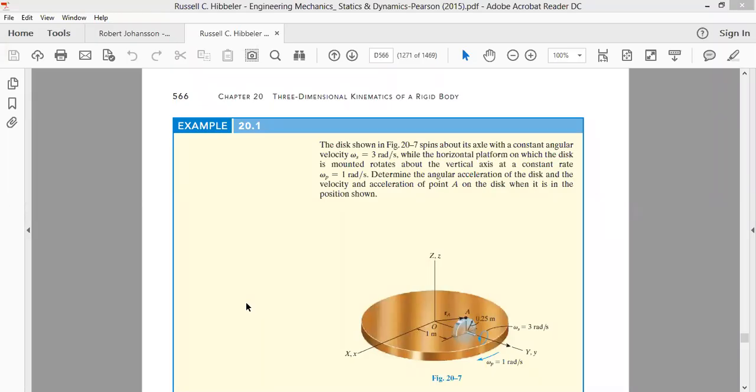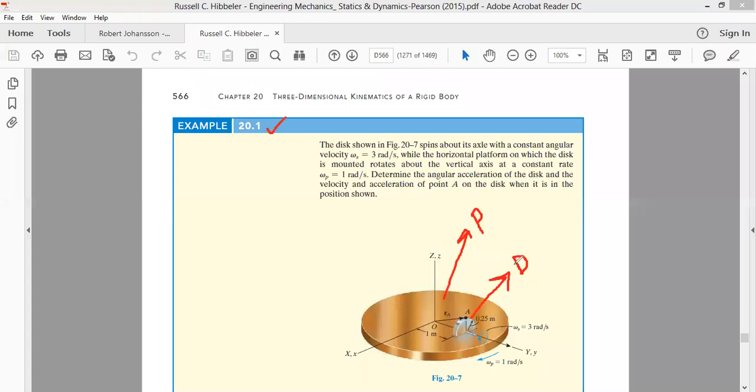Yesterday we were trying to solve problem 20.1. In problem 20.1, we have a disk which we represent by capital D, and a platform which we represent by capital P. As far as the disk and the platform that we have in hand are concerned,